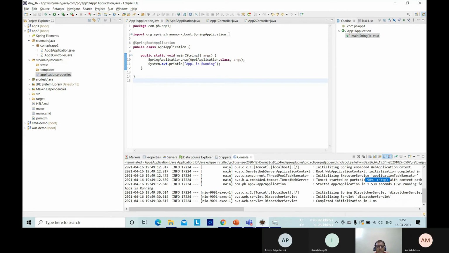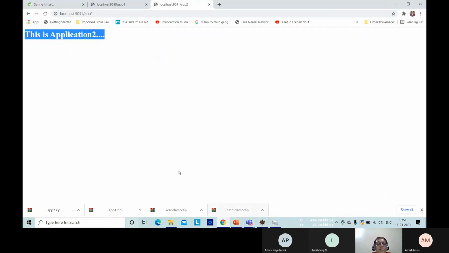App 2 is running. Why is this not working? One second. See the browser.